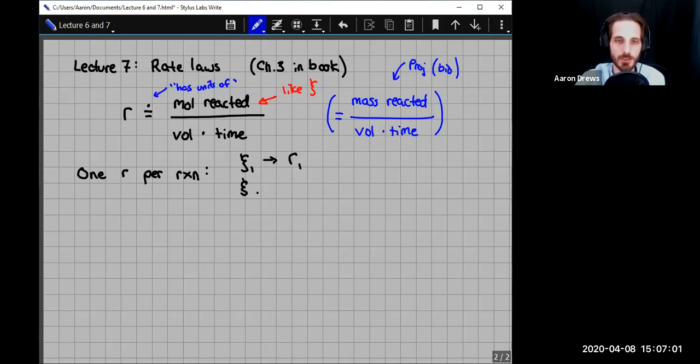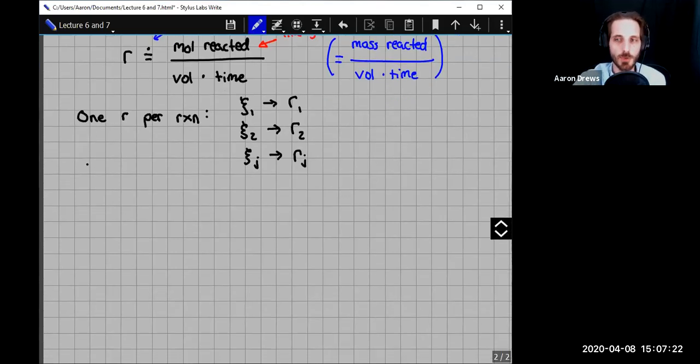We used to have squiggle for reaction 2. We still do. It's not that it went anywhere, but more often we will be using the rate of reaction 2, and we call that R sub 2. We can go all the way up to squiggle sub J, which is the rate for reaction J, right? And so those are the rates for each one of those, and we get 1 per reaction. For each one of those reactions,